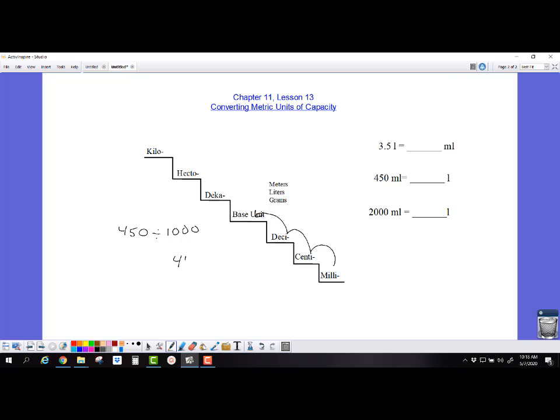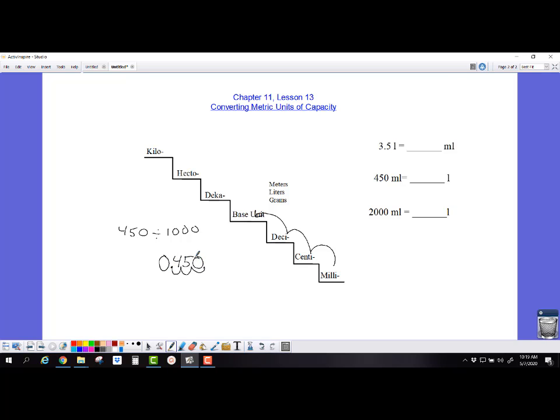So where we have our 450, we have to find where the decimal is. And as we've said before, the decimal is always to the right of the ones place. So now we shall move that decimal 3 places. 1, 2, 3. Now in this case, we don't need to add a 0 as a placeholder, but we do put a 0 in the front to indicate that this is not a whole thing. It is 0 and